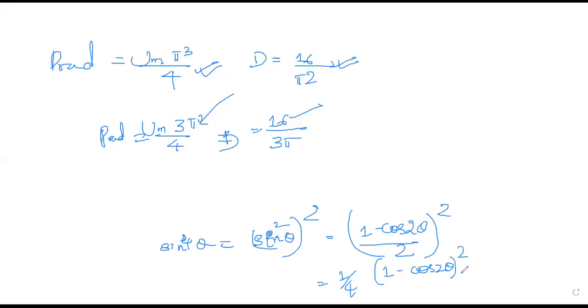Okay. Separated, ma'am. 1 minus cos 2 theta whole square. 1 minus cos 2 theta plus cos square 2 theta d theta. Okay. You have applied a minus b whole square, correct? Yes, ma'am. You have to apply a minus b whole square. So this will be 1 square, 2 times of ab plus cos 2 theta whole square. So again, this will be giving you in terms of a minus b whole square. For this, you have to do the integration.